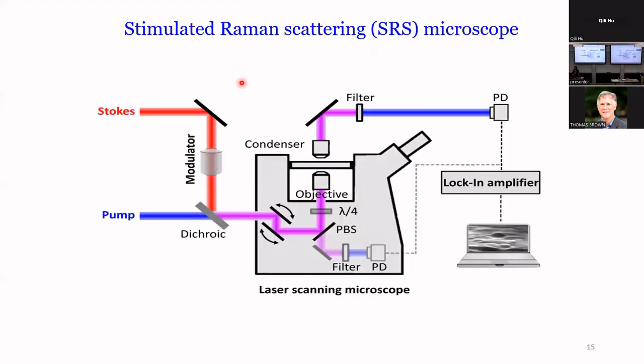So the trick here is on the Stokes beam side, we put a modulator, because the energy difference between the two laser beams is very, very small, a small portion of the energy. We want to remove all the laser noise from the laser side and achieve the high sensitivity here. Then by detecting the Raman loss on the pump beam side, we can achieve video rate imaging